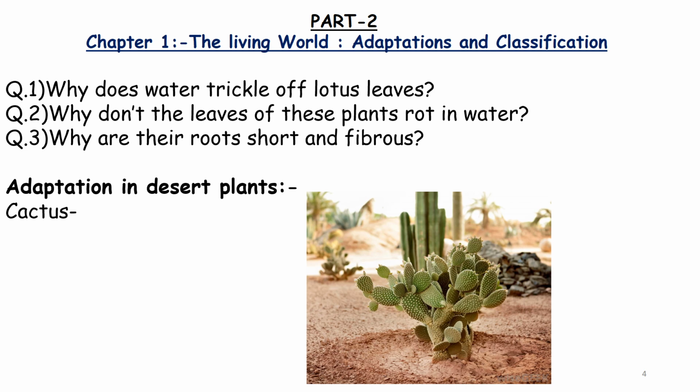The stem stores water and food and is therefore fleshy. The stems are green as they perform photosynthesis in the absence of leaves. Here the process of photosynthesis means what? It means to prepare the food. Their roots penetrate deep into the soil in search of water. There is a very thick layer of waxy substance on the stems of these plants too. Okay? I hope you understood this much.